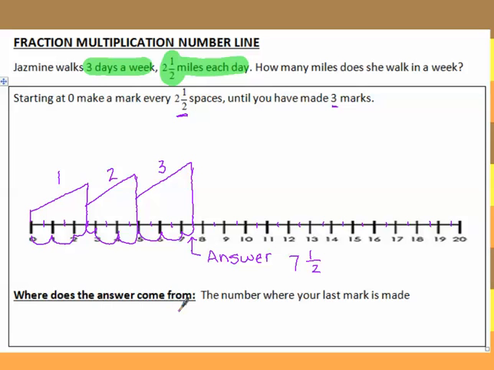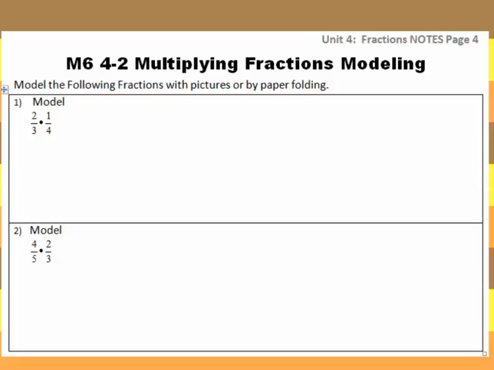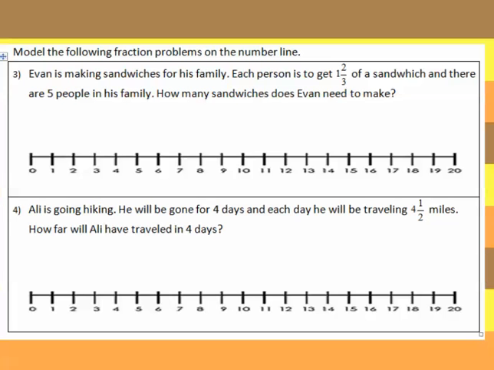Okay, if you need to, watch this video again. Now on page 4, you can try the 2 models at the top and the 2 number lines at the bottom. Now try number 4 first before you try number 3, because number 3 you have to break it into thirds and you need to make sure that you're careful with your jumps. So go ahead, you can try those, and you can check them on the key that's posted on the